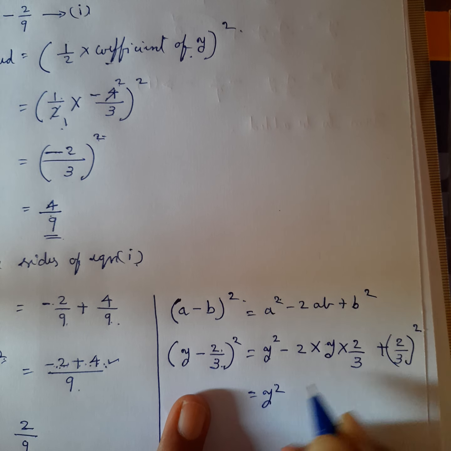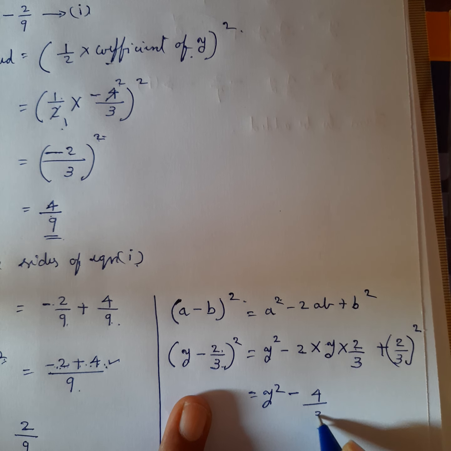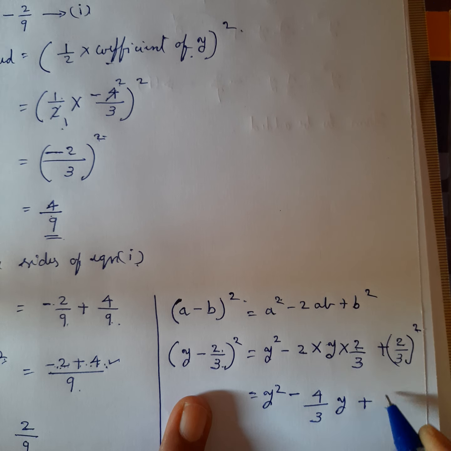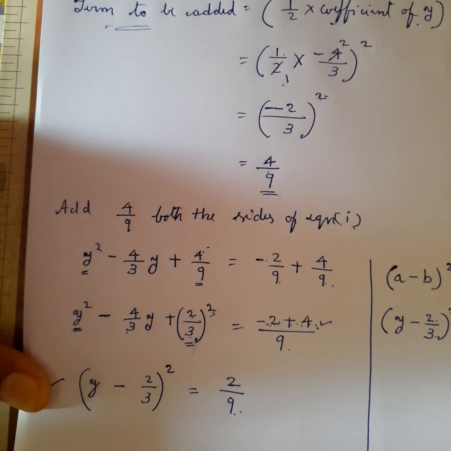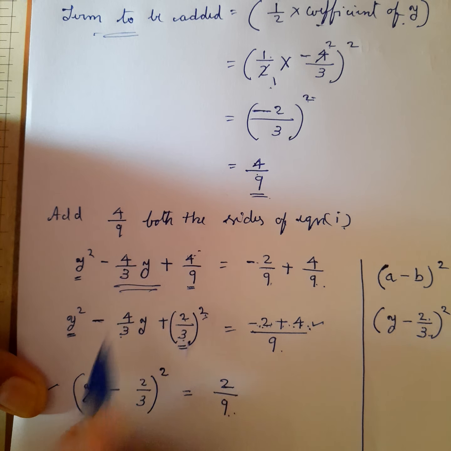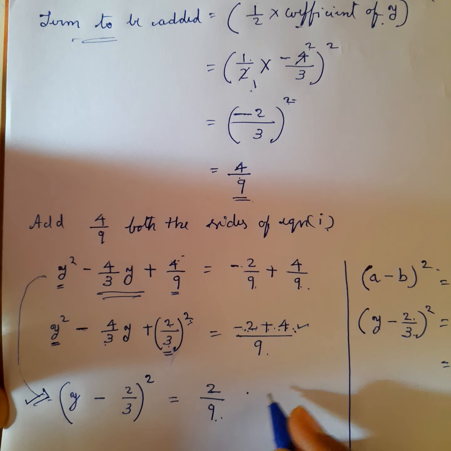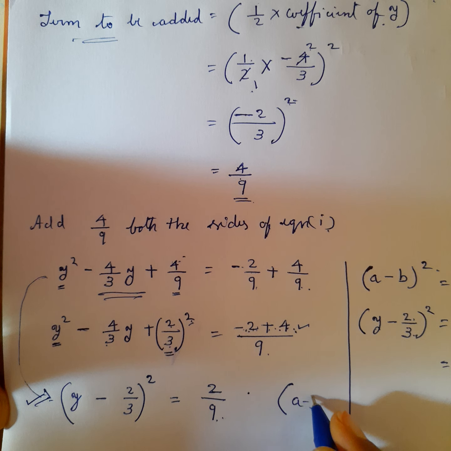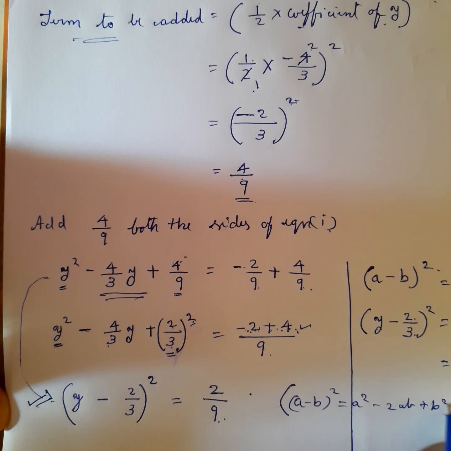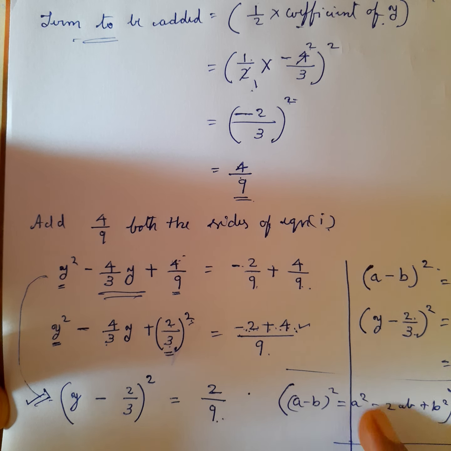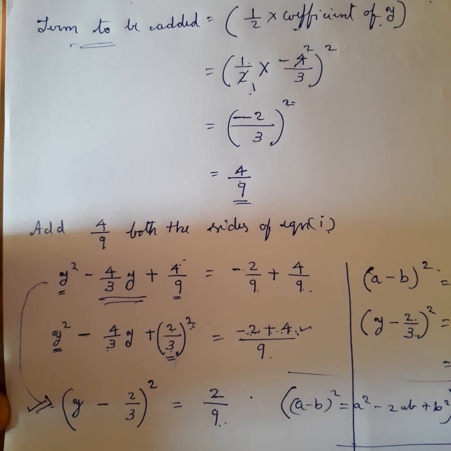So this is equal to y square, here 2 2's are, minus 2 2's are 4 by 3 y, plus 2 square is 4 by 3 square is 9. Whatever we are getting here, just compare in this. We have here, is it? So the same thing is written in this form using the identity. In front of it you have to write the identity, that is (a minus b) whole square is equal to a square minus 2ab plus b square. This is the identity you have to mention in the answer sheet by keeping a little distance here. This is rough work, whatever was explained, this part.